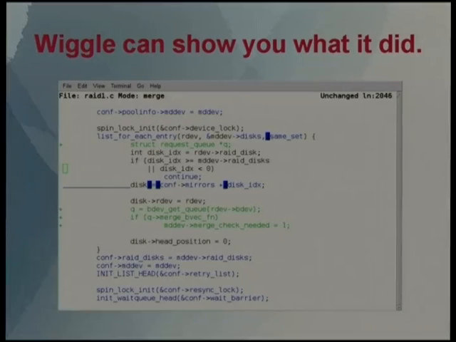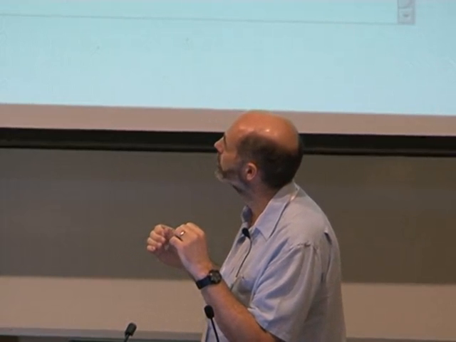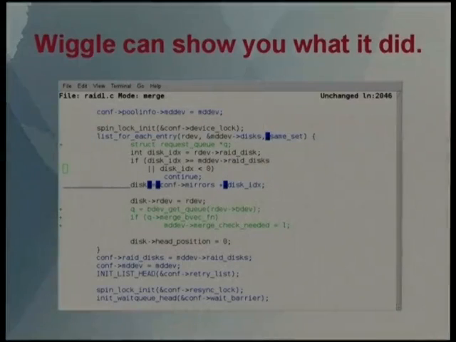Wiggle just doesn't worry too much about fuzz, it just, yeah, it must be right, stick it in there. The other bits and pieces, you can see, so we'd already figured out that the file that was being patched had this list for each entry sort of for loop, whereas the... Did I get that right? Yeah, the file that was being patched had a list for each entry, whereas the patch thought that was a different form of list for each. It was a RDEV for each or something, a more specific macro.